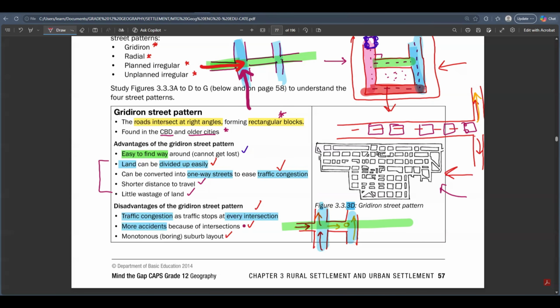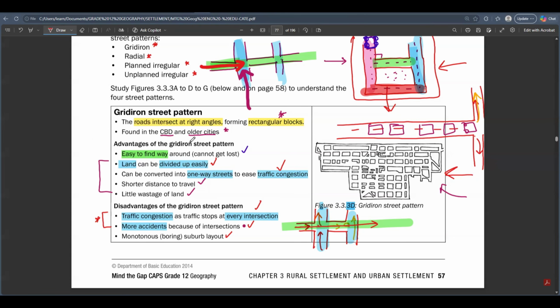But the most crucial disadvantage is the traffic congestion. If you have to stop at each and every traffic light, that can cause traffic congestion. You cannot say, this is a busy road and it's a grid iron street pattern. Let's just say if it's a busy road, like there are many cars passing through this place, those cars will just stay stuck waiting for the other ones to pass through. So traffic congestion will always be there in a grid iron street pattern. When you just want to move forward in one direction, you would have to stop at each and every traffic light. So it's a disadvantage as well.